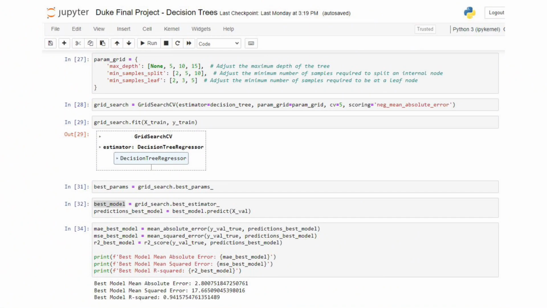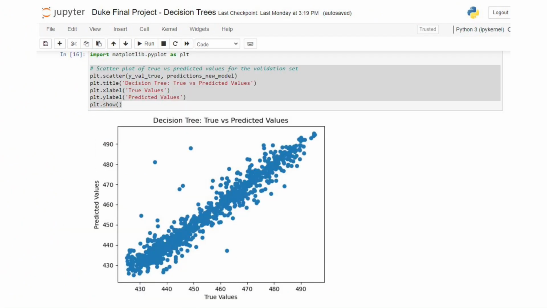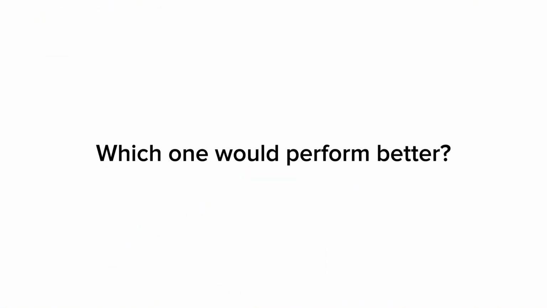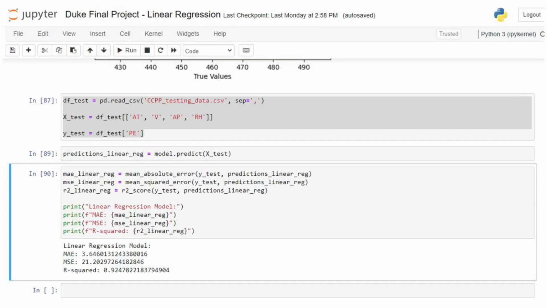I also used a validation set to fine-tune my decision tree model. I tried a few combinations of features and hyperparameter tuning. By comparing my two models, I wanted to find the one that would perform better on the validation set. After training my models and playing with the features to receive a better result, I decided that the models are